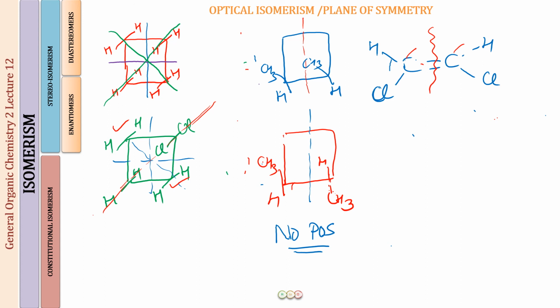Okay, so you are going to just slide down your playing card between now the hydrogen, the chlorine, that is going to just keep on cutting the hydrogen, the chlorine, then on its way it is going to be the carbon, then the next carbon, then the hydrogen and the chlorine, and above the playing card you will be getting one half of these atoms, and on the other half you will be getting the rest of the hemispheres of the atoms. Okay, so this is going to be another plane in which you can divide this molecule into two halves. So the cis compound, you now know this is going to be having a plane of symmetry. What about the trans compound now?